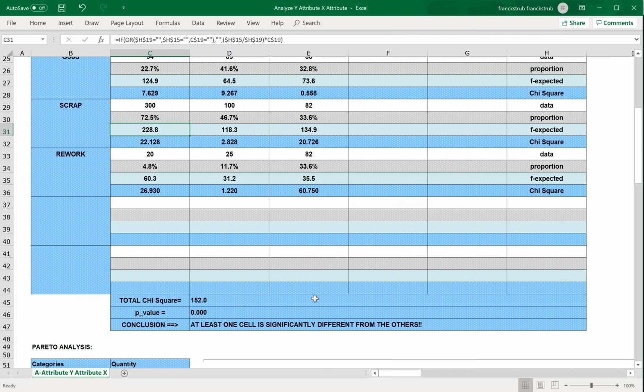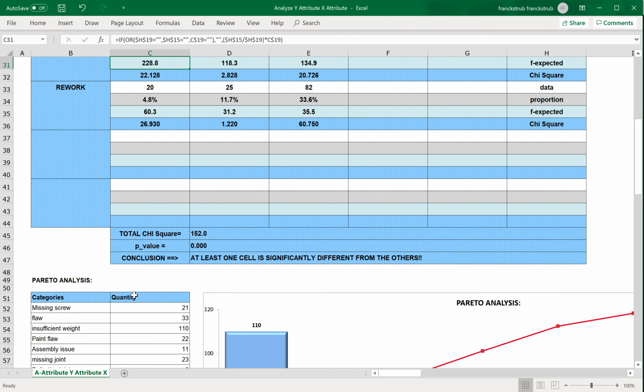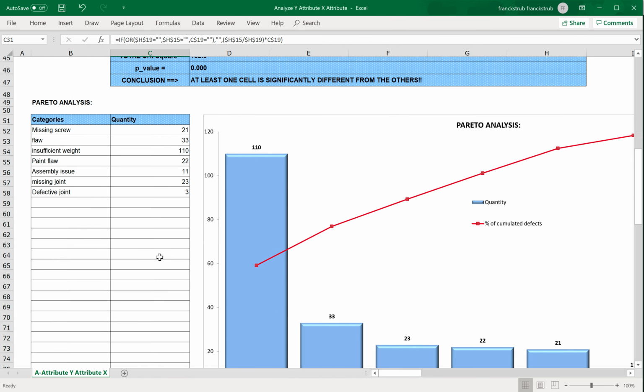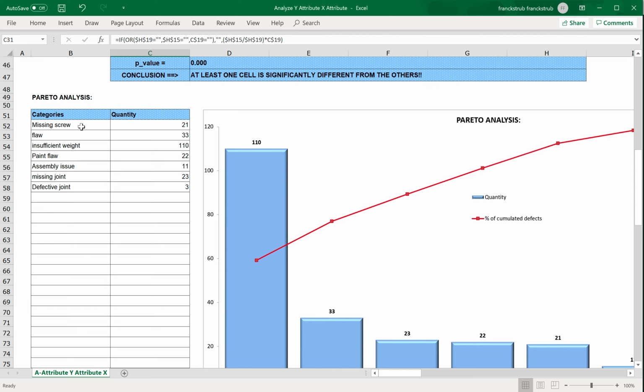And the second tool you have in analyzing your Y attribute is a Pareto analysis. So here you could again do a kind of Pareto analysis, or a Pareto of Pareto analysis. If you remember in Measure, we had a categorization of defect Pareto, and then we could take one defect and try to understand subcategories of defects in this main category of defect with this tool.